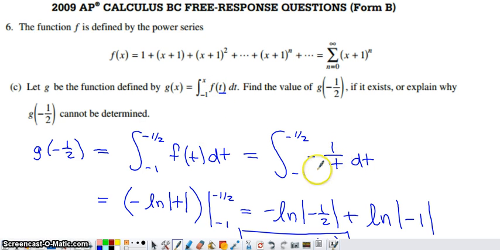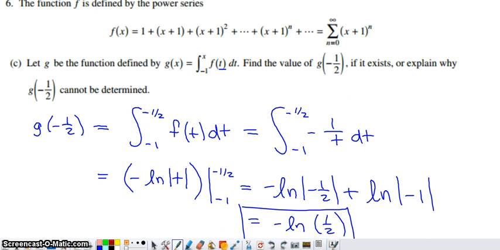What is the antiderivative of negative 1 over t? Well, it's going to be negative natural log of the absolute value of t. The absolute values definitely are crucial here because you're going to be putting negatives in place of those t's, and the absolute values are going to be necessary in order to get you to the point where you have positives within your logarithms. So this ends up being negative natural log of 1/2, and then plus the natural log of